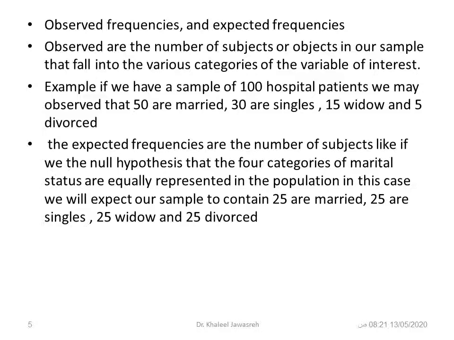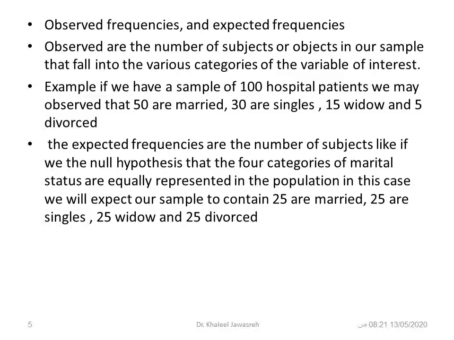So we have 100 hospital patients. We categorize them according to marital status. We find 50 are married, 30 are singles, 15 are widows, and 5 are divorced. So this is the observed. We count those patients to be distributed in those 4 categories. This is a countable thing. But the expected frequencies are the number of subjects